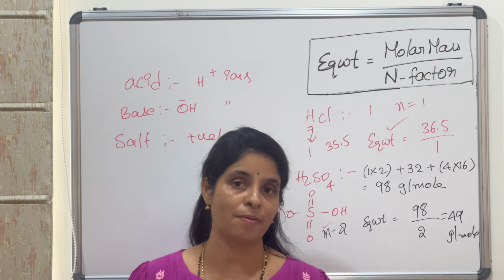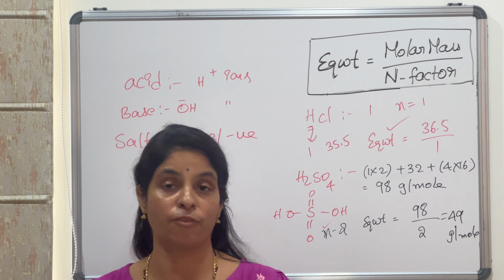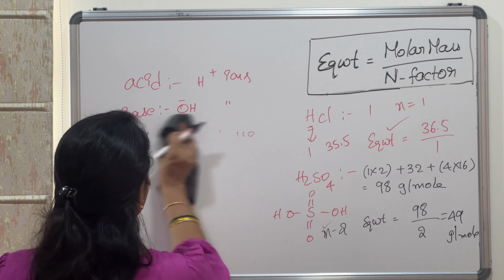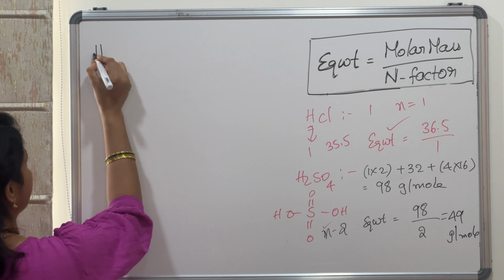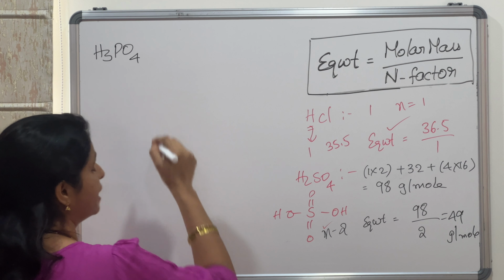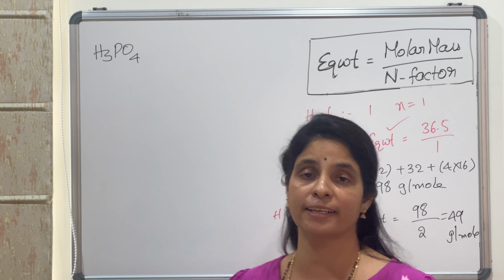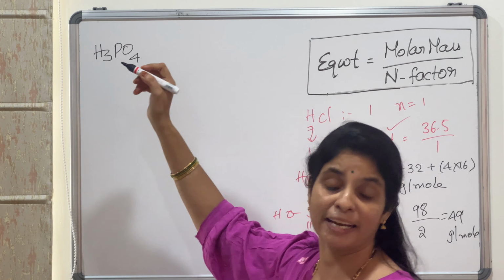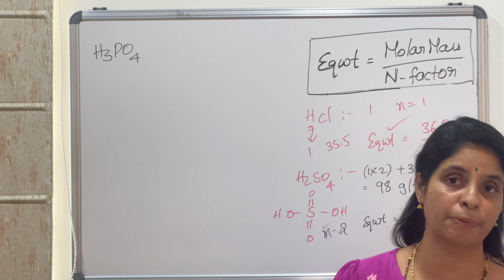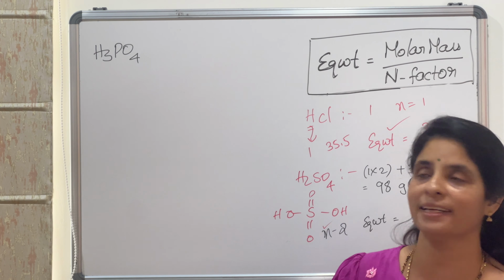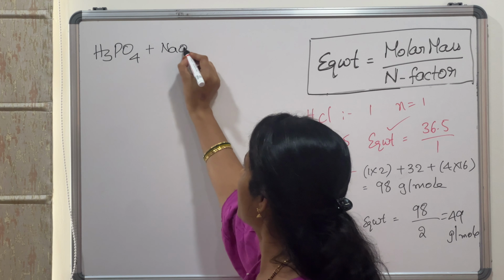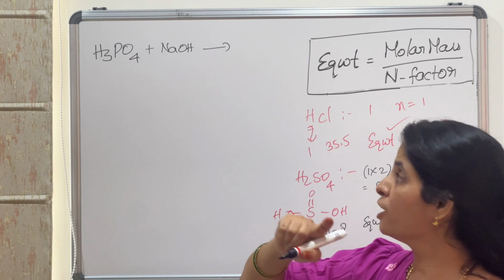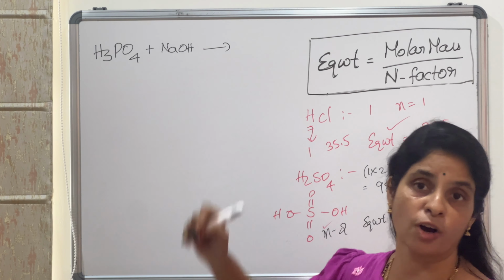In the exam, the examiner will trick you by giving phosphoric acid, phosphorous acid like that. So we'll look into the phosphoric acid series. If you are given H3PO4, you may say directly, what is the n factor for this one? 3. So the n factor for this one is 3 if it undergoes complete neutralization. Here you have to look at the 3 cases. It reacts with NaOH, and your equation is like this. In the exam, you will get a question: what is the equivalent weight of H3PO4 in the following equation?